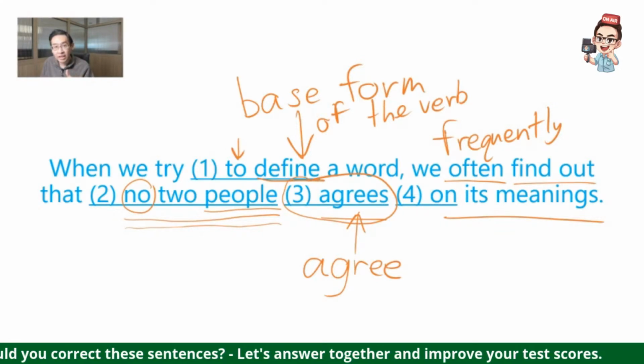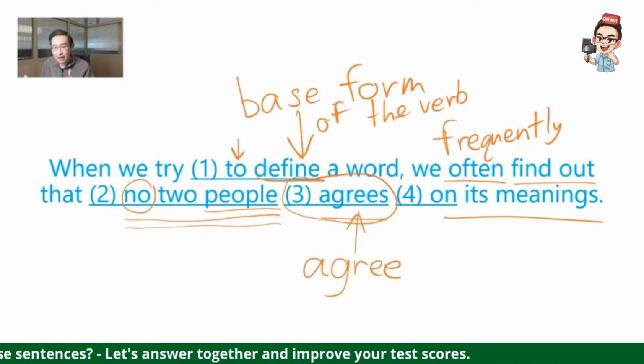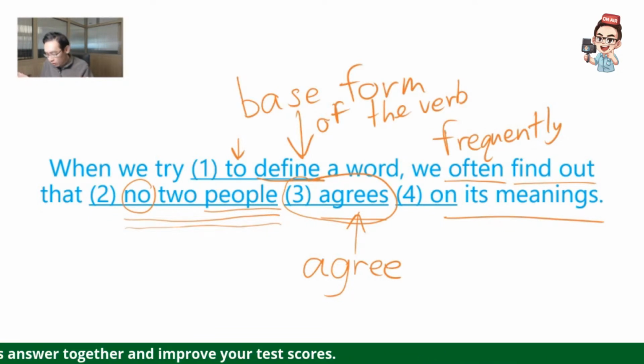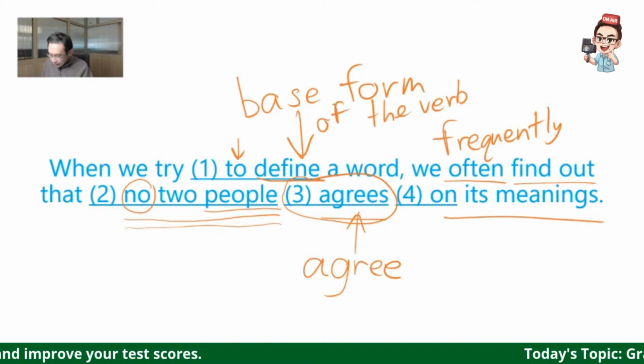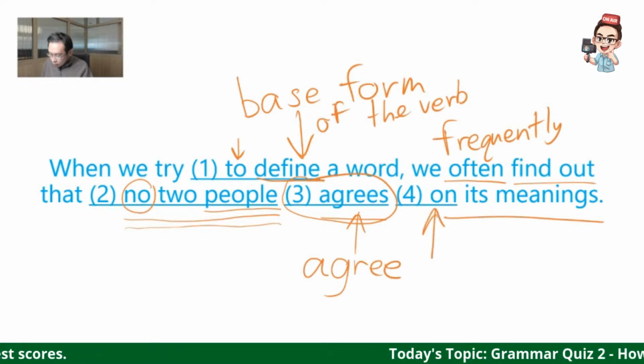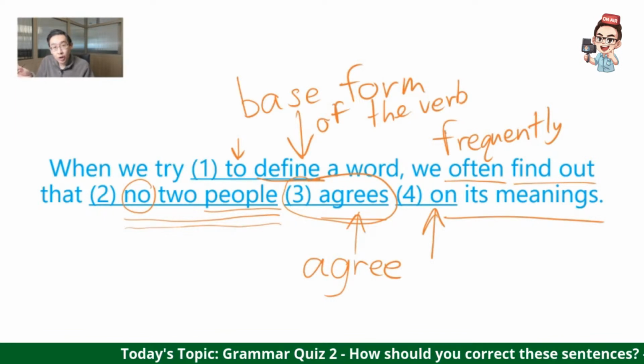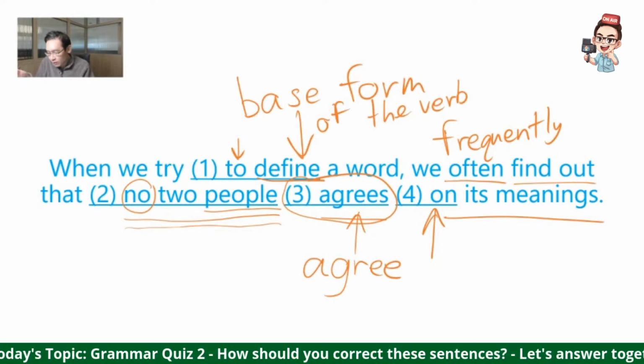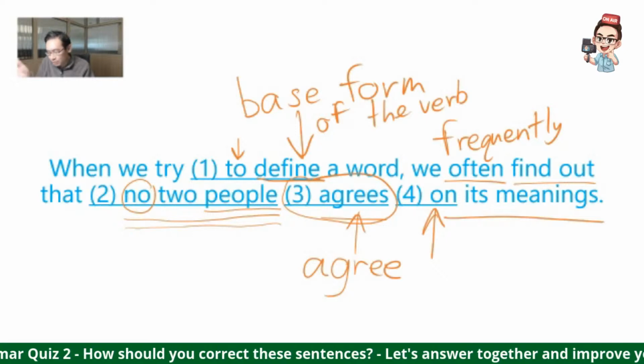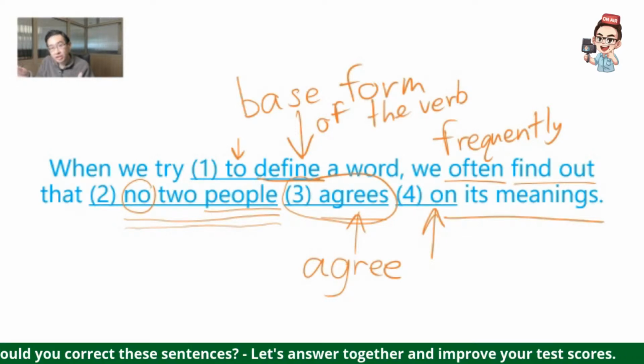So define here, as you can see, we don't add anything at the end or change the form at all, okay? And on here is also fine because if we look at collocation, so words which we normally use together, we can say agree on, okay? This is perfectly fine. So overall, this sentence tells us that